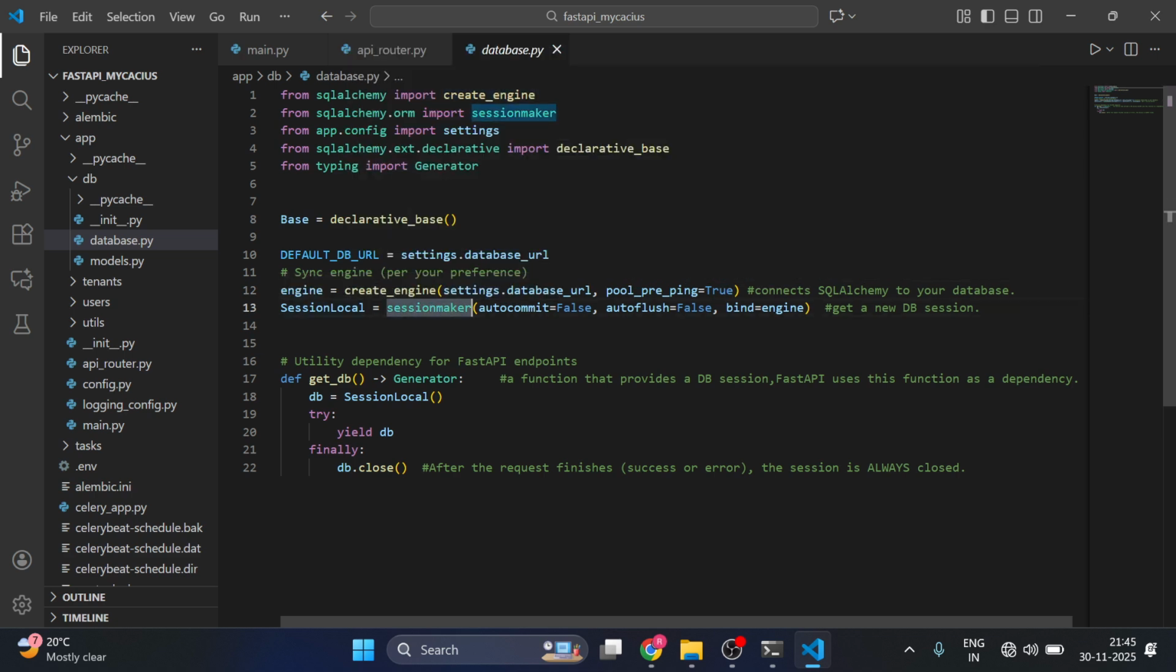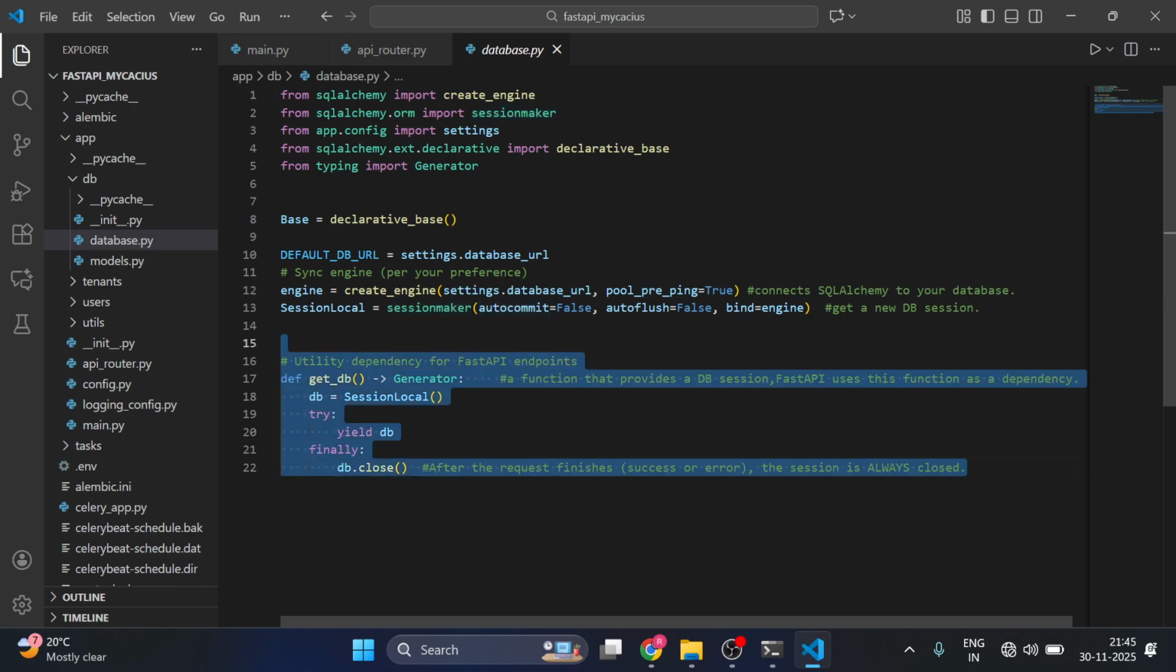Then there is sessionmaker. It is also a built-in method, and we use it to get new DB sessions. Then here is one utility function that provides database sessions to us. It is a generator, which means it yields the values one by one. So FastAPI uses